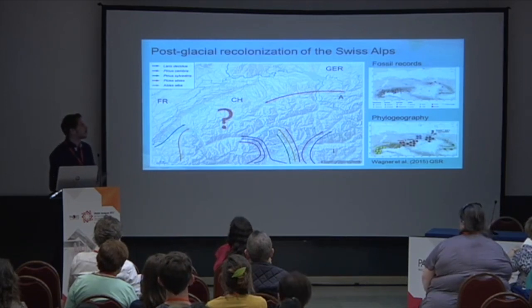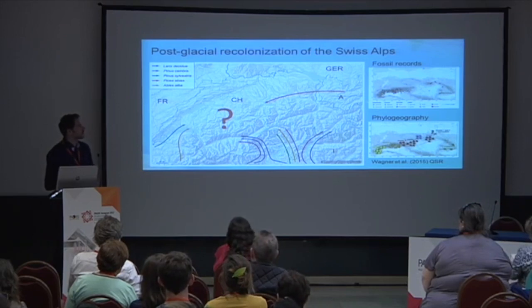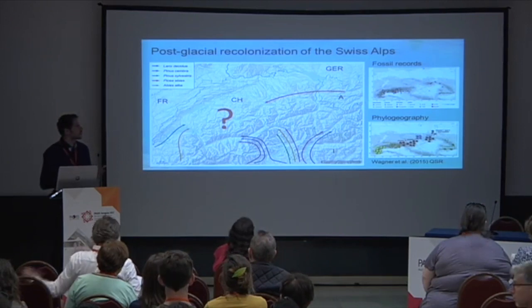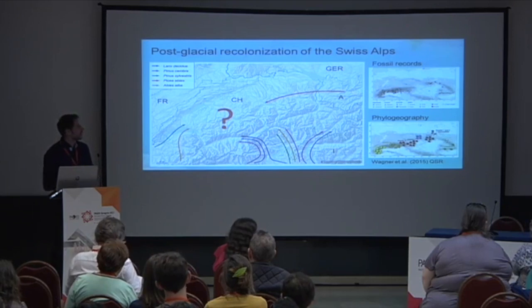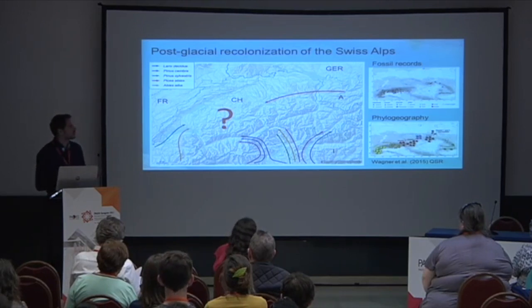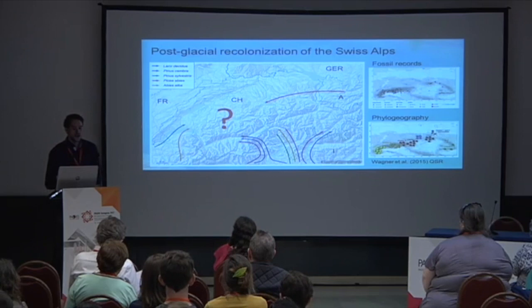So far there is no real way to test those pathways, because fossil records don't give you a relationship. It just shows you presence, absence, and then of course you can infer directions as well. But there might have been other processes involved, such as long range dispersal and so on, or maybe populations that are popping up at a later stage. And similarly,